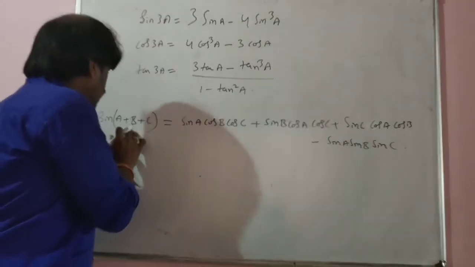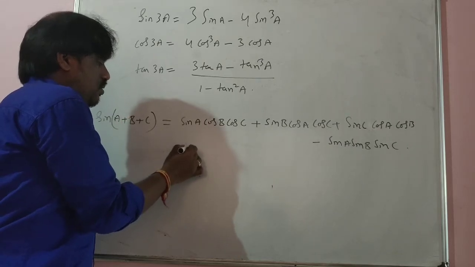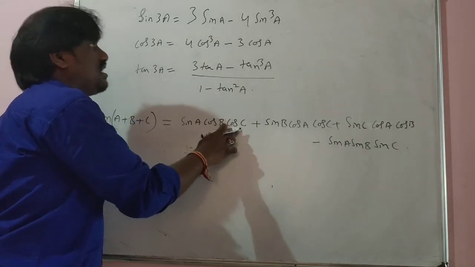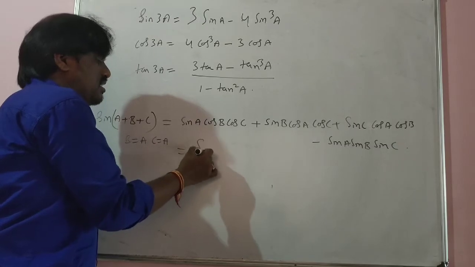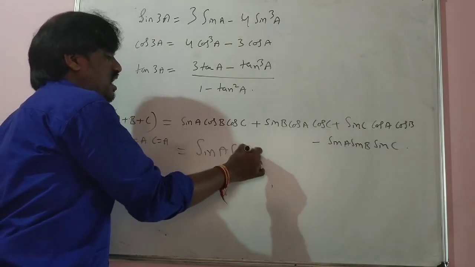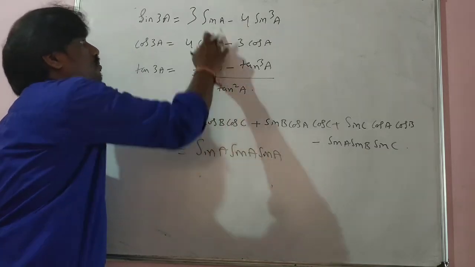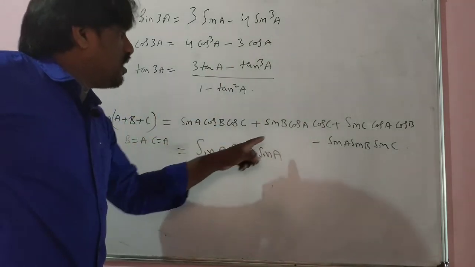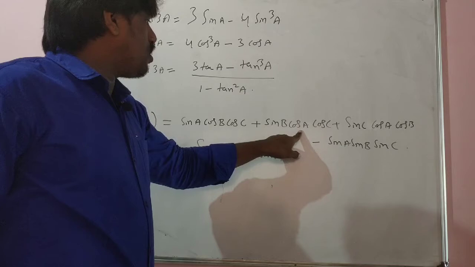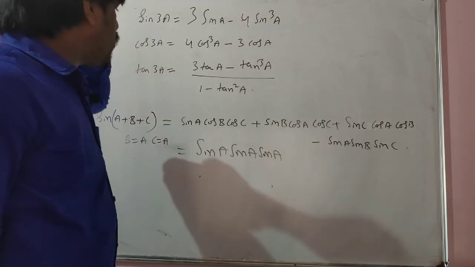You can take b in place of a, c in place of a, and here you are going to get sin a, sin b, sin c. So here b is equal to a and c is equal to a, then I am going to get sin a into sin a into sin a, which is sin cube a. Like this, how many times am I going to get sin cube a?